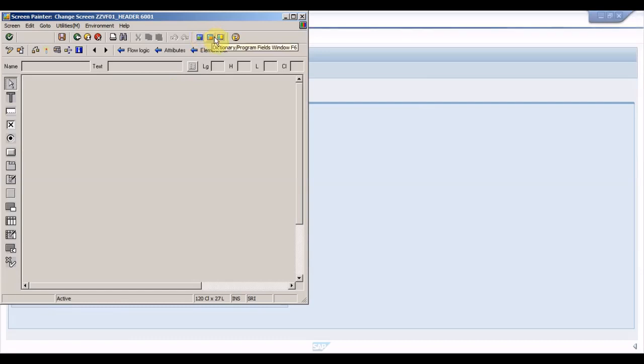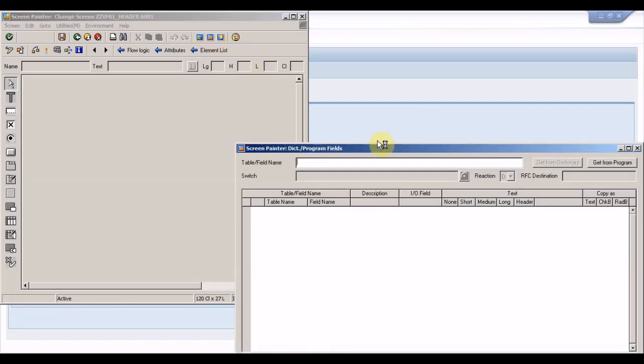Click on data dictionary icon and choose the Z field which we added using the append structure and then activate it.